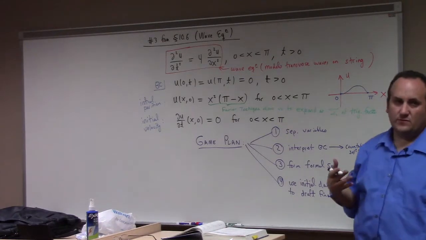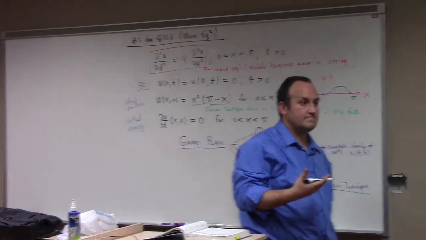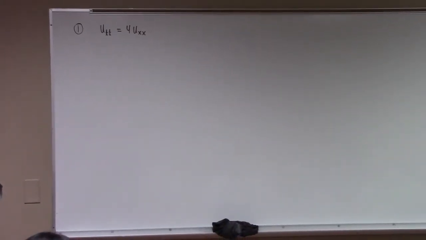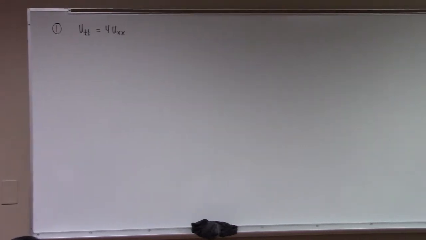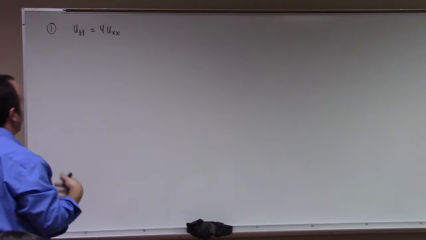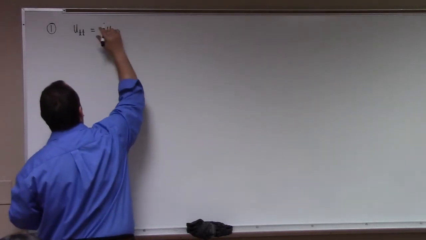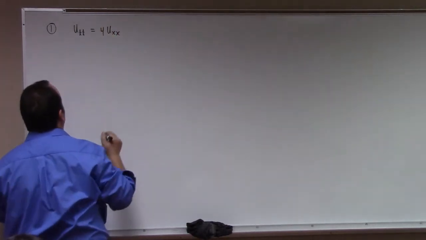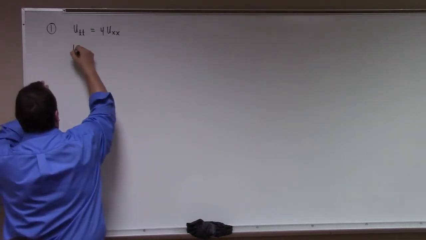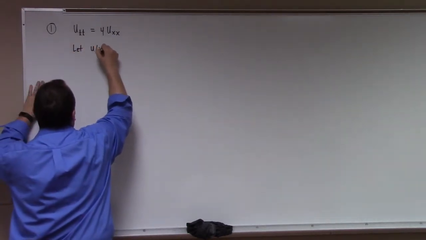The 4 has to do with the tension of the string. If you change the tension of the string, it will make waves behave differently. That would come from the physical analysis that I'm skipping today. But anyway, 4 u_xx. And so what we're going to do is let u(x,